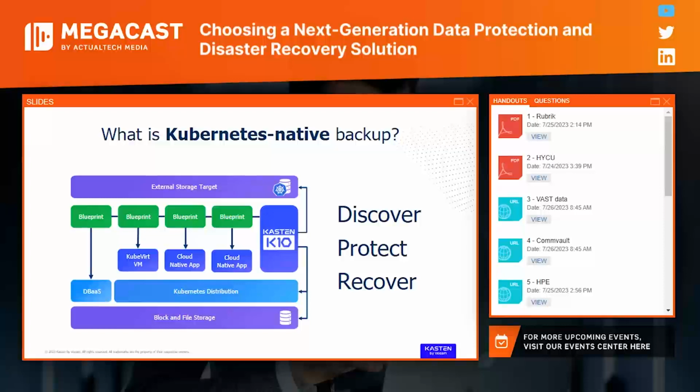We can obviously back up cloud native apps deployed in Kubernetes. That's one of our core tenets there. But also important to note, KubeVirt VMs, right? So the ability to actually back up VMs in Kubernetes. For those that were unaware, we can actually deploy VMs directly in Kubernetes now. It gets a little funny if you want to deploy your worker nodes via VMs and then deploy VMs. Obviously, you probably want bare metal nodes there, but long story short, we can back that up as well.